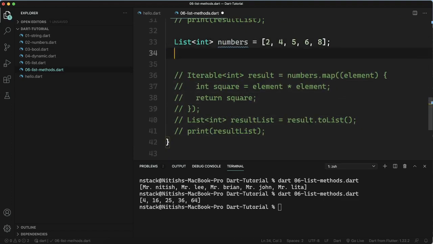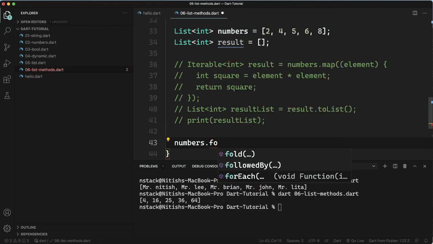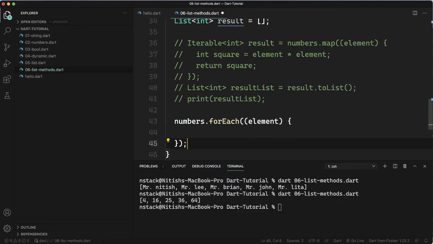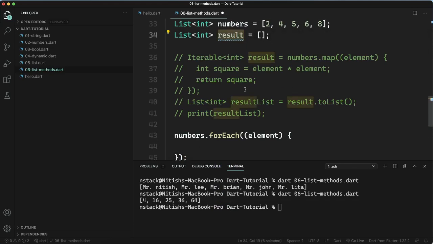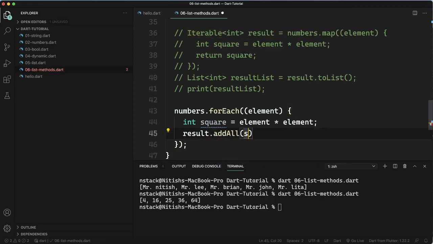They first make a list of int, after that they make an empty array as the result. Then they come here and write numbers dot forEach, and inside the forEach they just do int square, element into element.